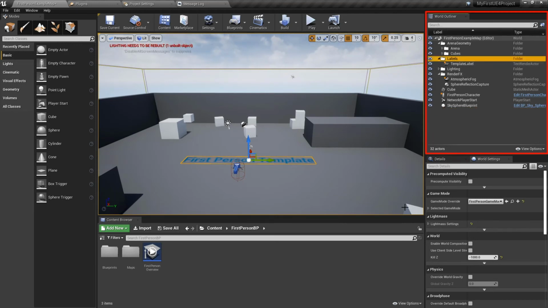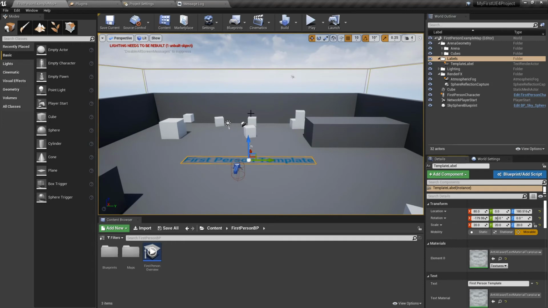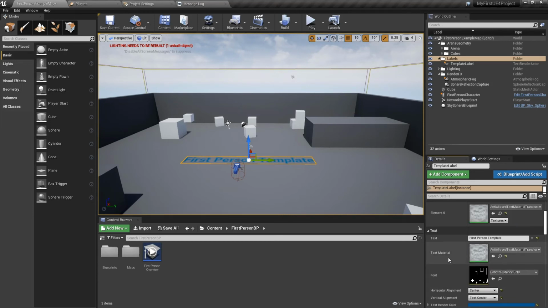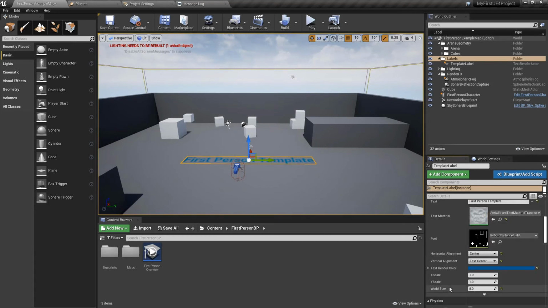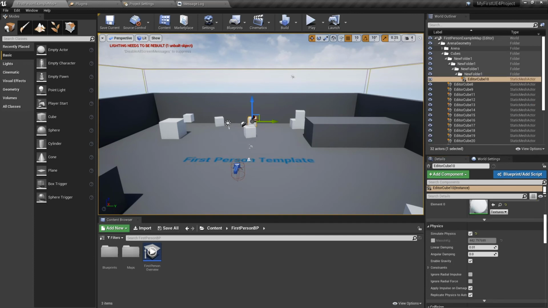And then we've got the details palette and the world settings palette. For the details palette, if you select any object, like I still had this selected, you can see the location of the object. Is it scaled up or scaled down? How is it rotated? What is the material that is applied to it? Other information, like does it have physics on it? We'll go over all of these as we go through this course.